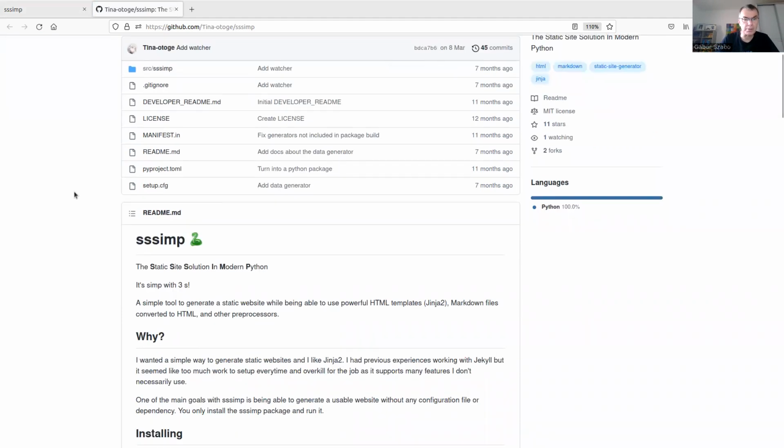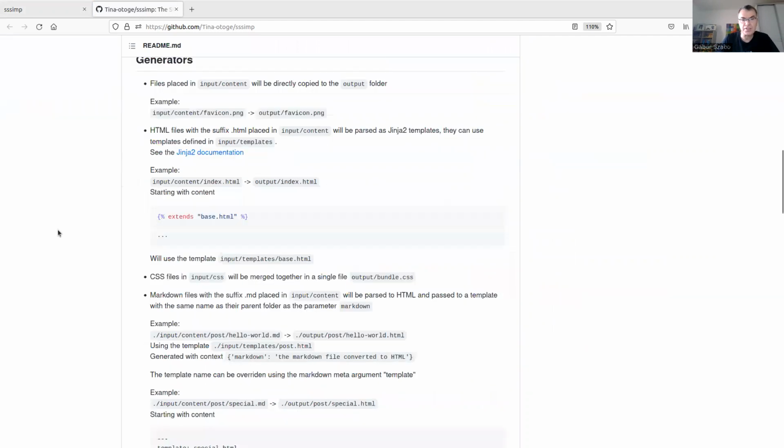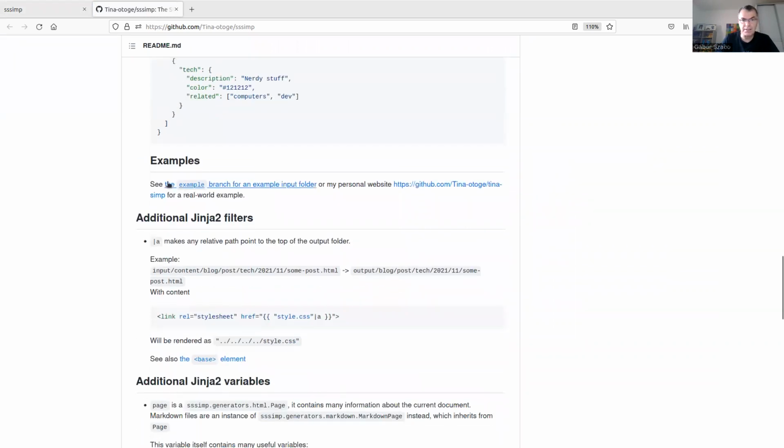I was looking for some examples, and I saw all kinds of things, how to run it, and all kinds of interesting things, but no real example here. But I found this entry saying that there is a separate branch called example where you can find the example. So I cloned the repository, switched to that branch, and figured out how to generate from the input. So the example is just a bunch of input files. How to generate the output from that input,